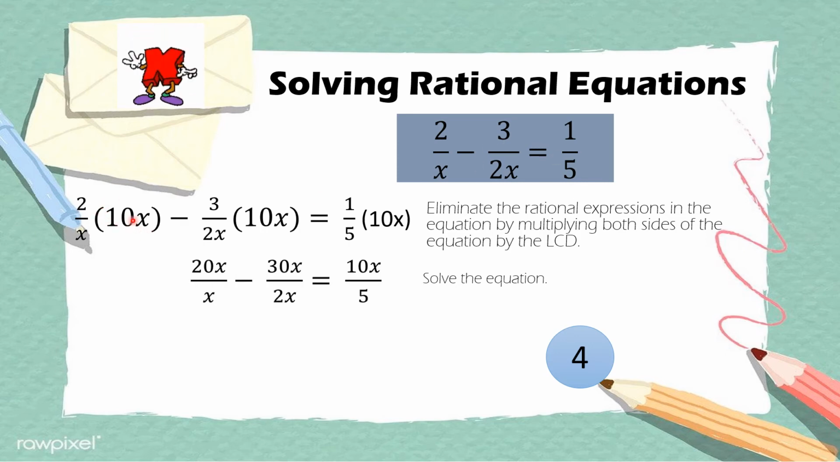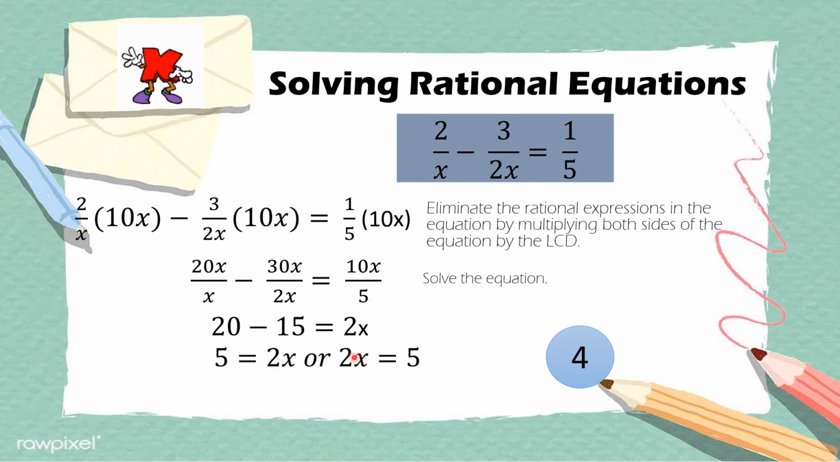10x multiplied by 2 is 20x divided by x, minus 10x multiplied by 3 is 30x over 2x, equals 10x multiplied by 1 is 10x over 5. Now, 20x divided by x is 20, minus 30x divided by 2x is 15, equals 10x divided by 5 is 2x. And we have 20 minus 15 is 5, equals 2x, or